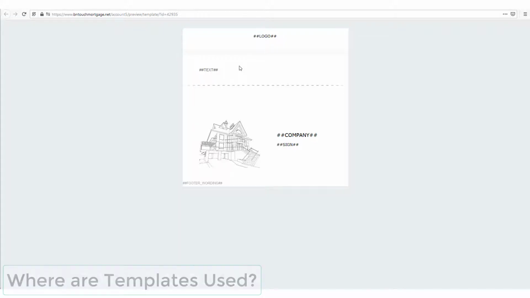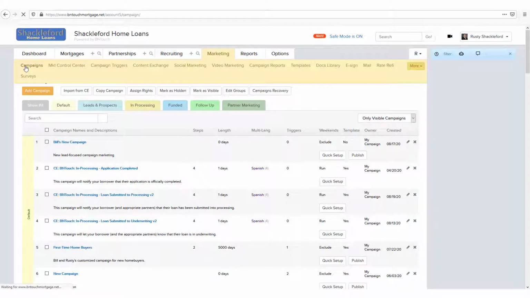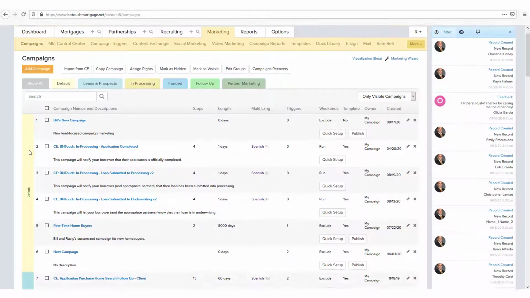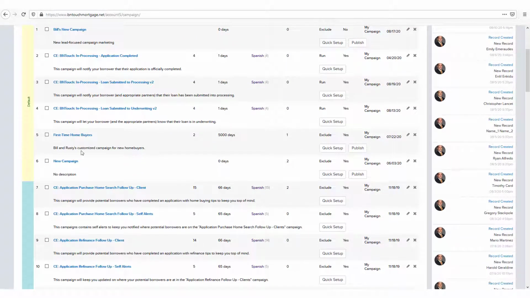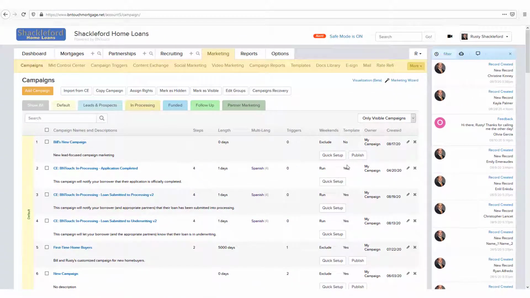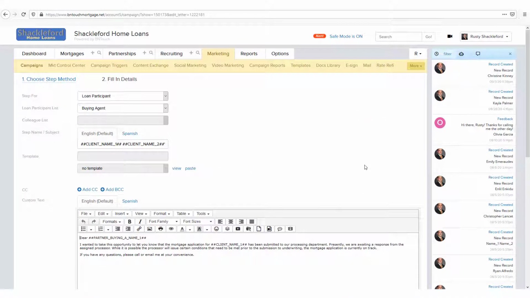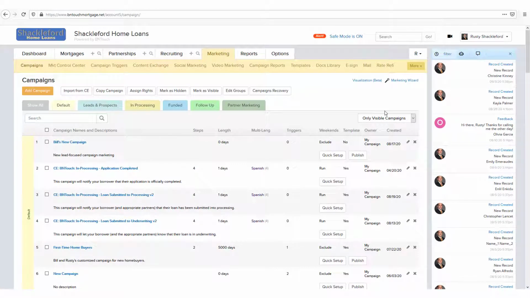Once you have added templates to your account, they will be available whenever you are creating or editing marketing campaign steps or composing email messages. Depending on your account settings and the configuration of the campaign, you may have a default template set for some forms of communication. If the template menu is grayed out when editing a message, this means that the selected default template is being applied. This can only be changed by editing the campaign, so please contact your administrator if you